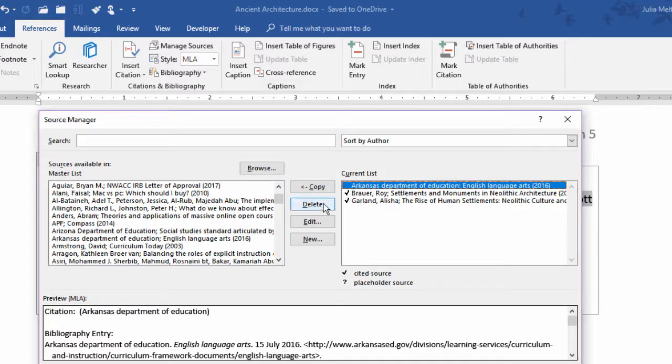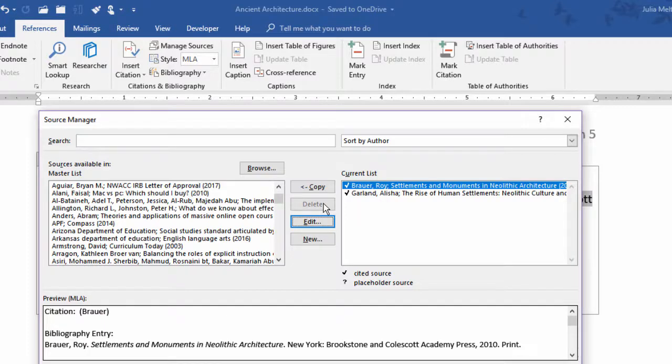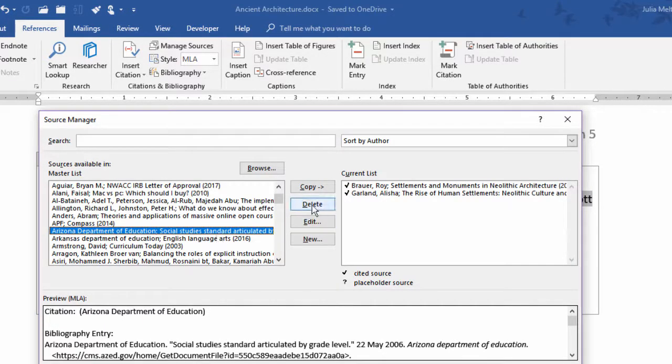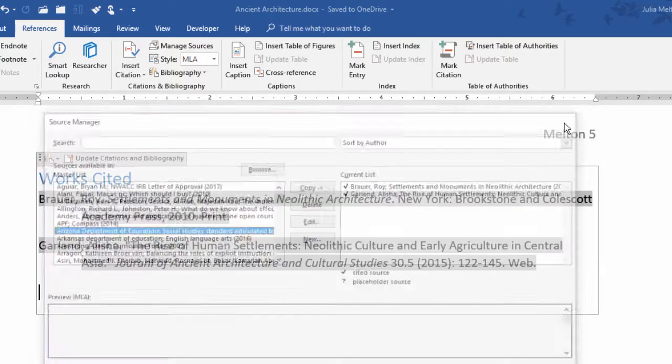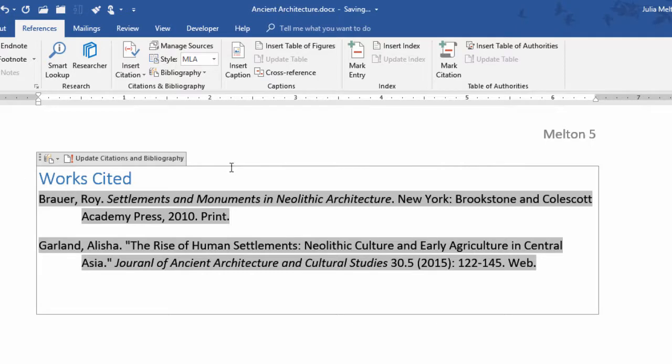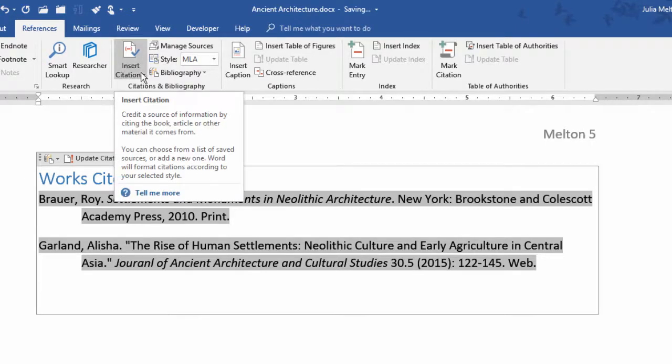So if I want to remove the Arkansas Department of Education English Language Arts source on this particular project, I'm going to just highlight it, press delete, and it removes it. If you need to remove one from your actual master list, just highlight it and then press delete, and it removes it. So anyway,